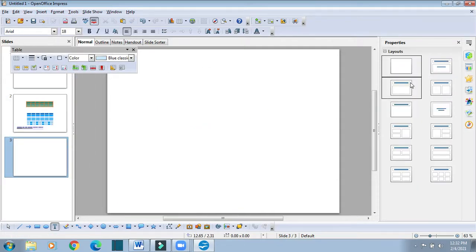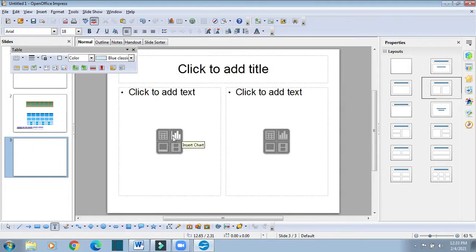Suppose I want to insert image, so I can go for a slide layout which is having the placeholder for image. So here we have placeholder for table also, placeholder for chart, placeholder for movie, placeholder for picture or image or clip art or graphics.